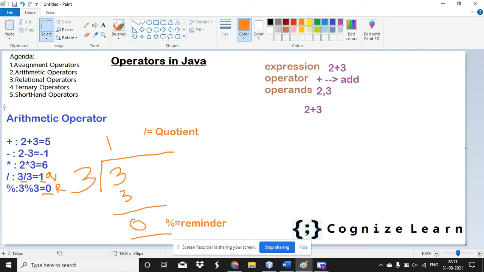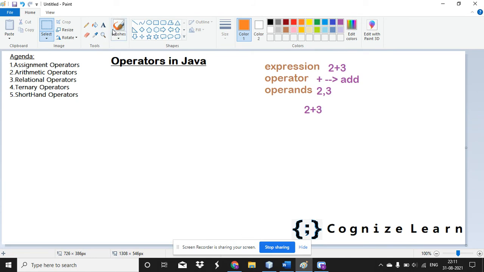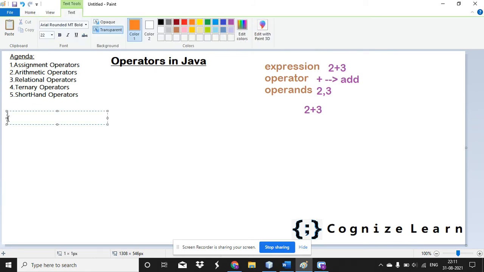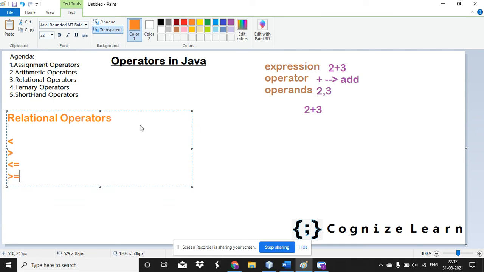Next is the relational operators. This relational operator is just going to compare your values. Less than, greater than, less than equal to, greater than equal to, double equal to, and not equal to.